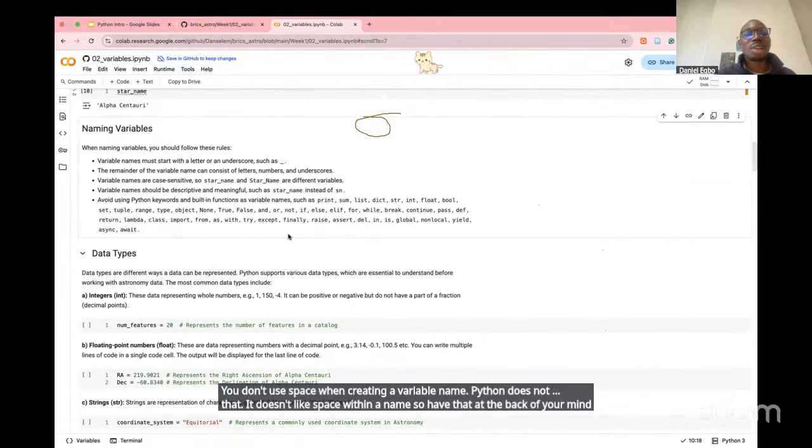And again, there are inbuilt Python keywords or functions that you cannot use to create